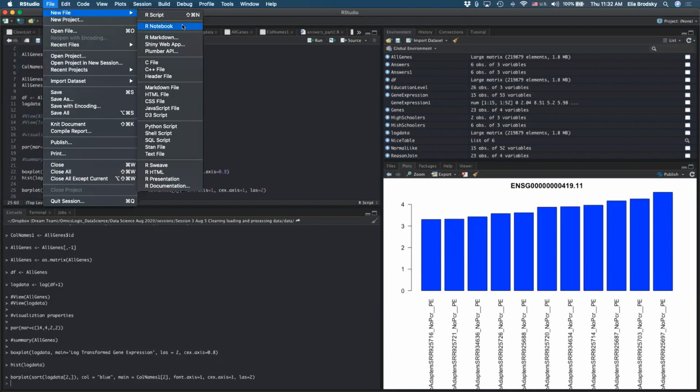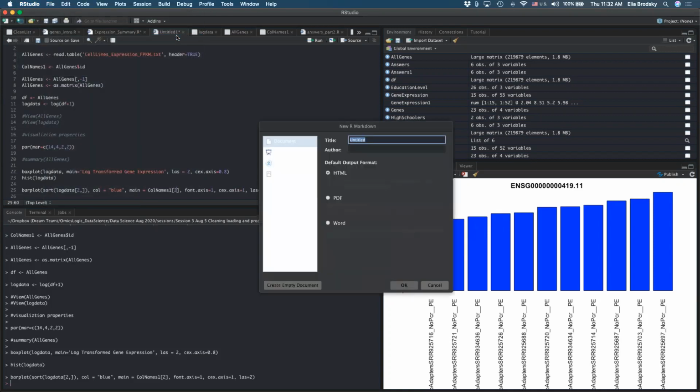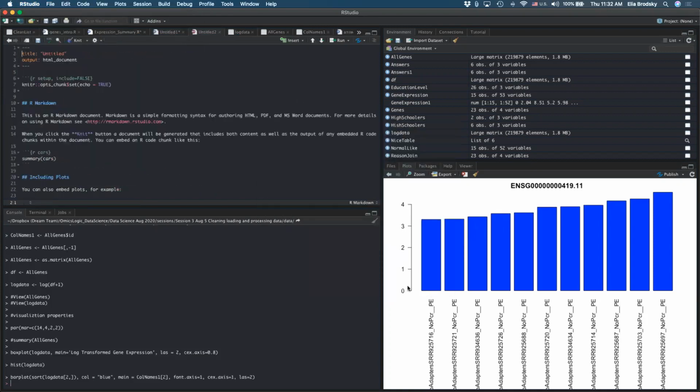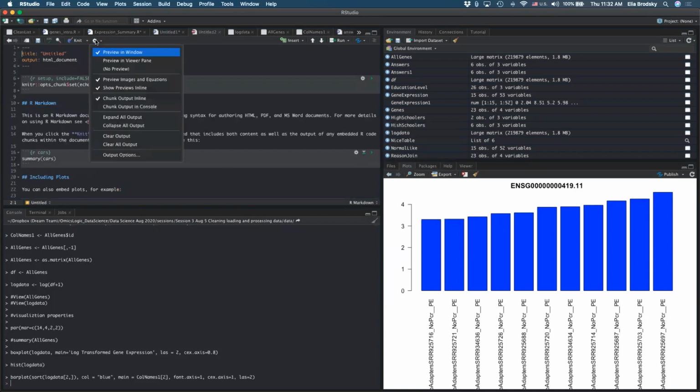If you do a new file and you do R Markdown, right here, you will have somewhere one of these settings, preview images and equations, this is probably, and preview in window. So make sure that you have that. Maybe try that and let me know if that worked.